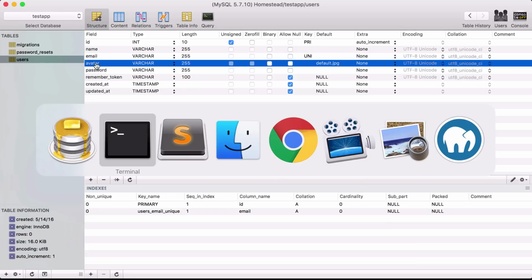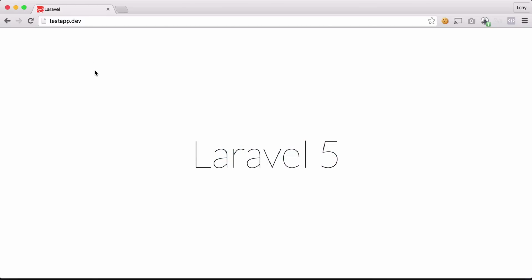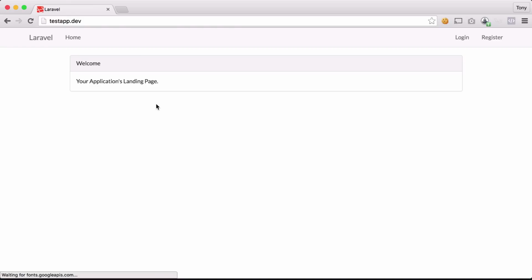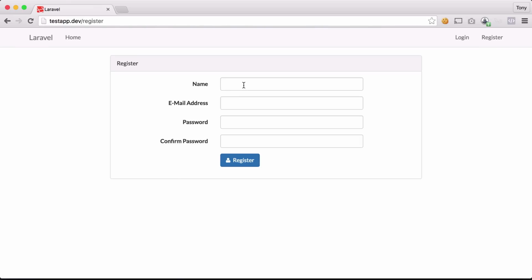So now if I go back to my Laravel test app and I reload, you can see that we have a Bootstrap version of our authentication. And this is just the very basics of setting up the Laravel authentication. So let's go ahead and register for a new account, and I'm going to register as the name John Doe